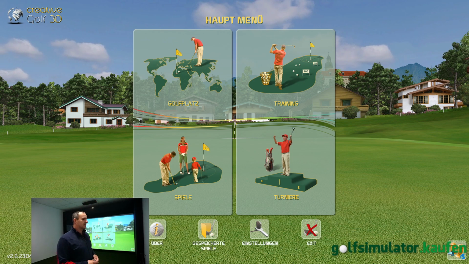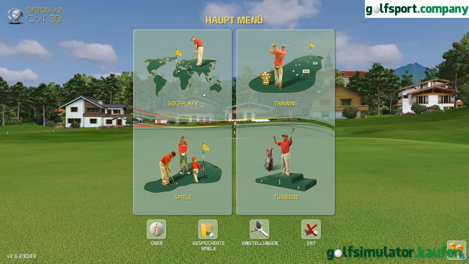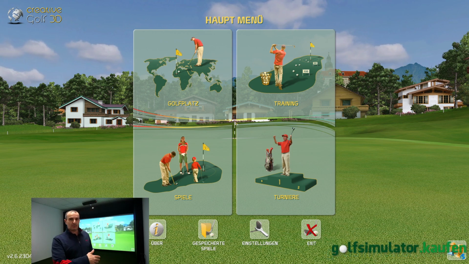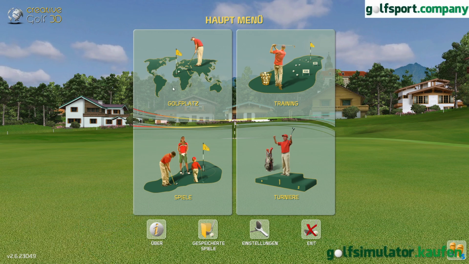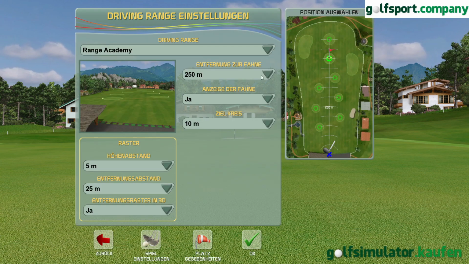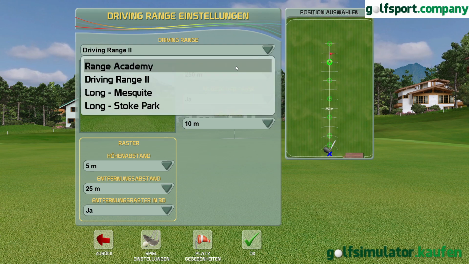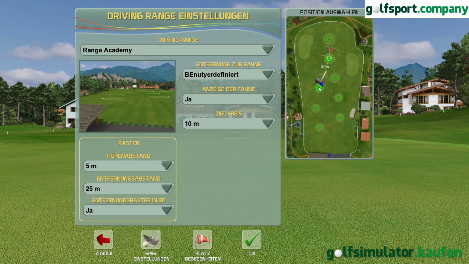So if you take a look at this, you have a lot of options with the software. Here you see you have the golf courses. That's a German language, so I have to apologize for that, but it's a German language installation. So golf courses, you have the training. A lot of this stuff is usually very similar to the English language. So we go to training, we go on a driving range, and you can see you have different options on how long the driving range should be. Academy, you can choose different kinds of